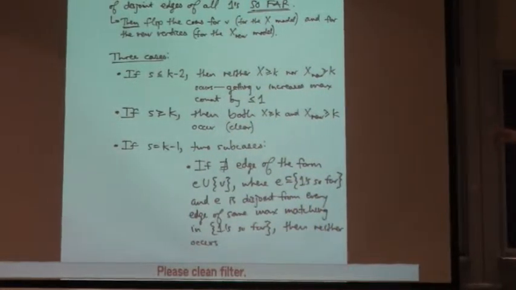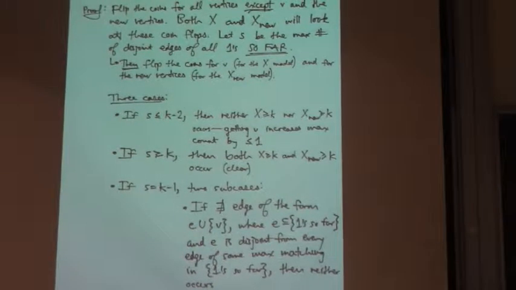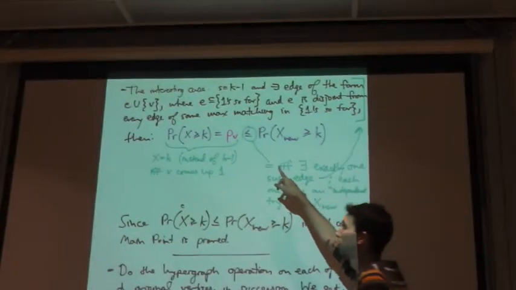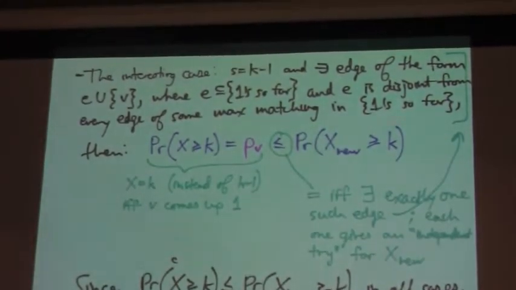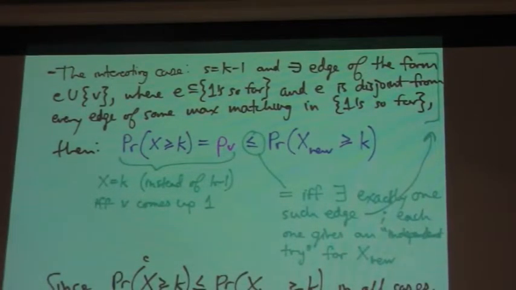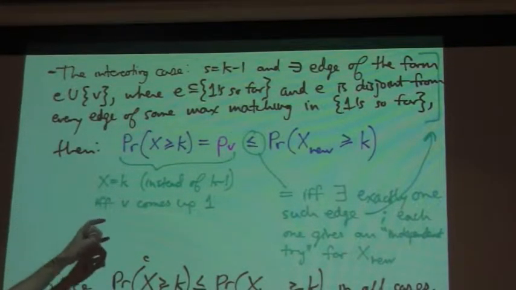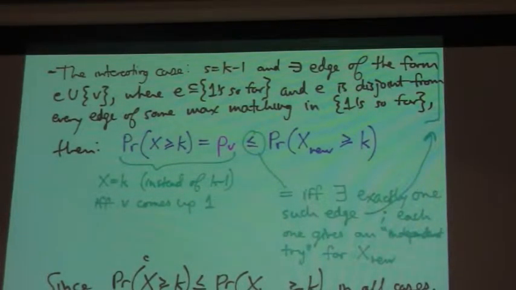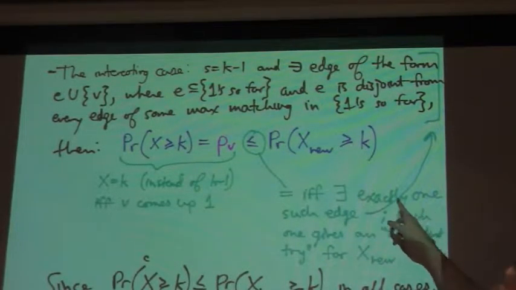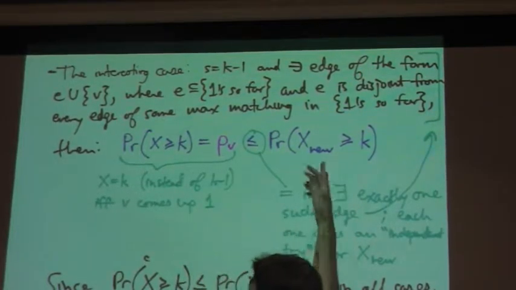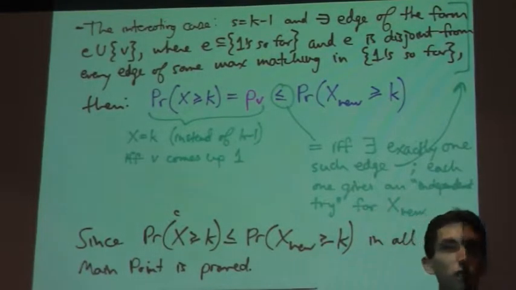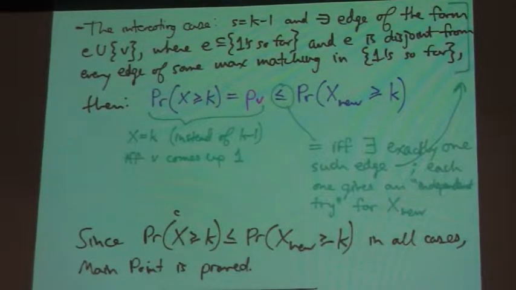Because we just said there has to be an edge like that in order to be able to add something in. Okay, so here's the interesting case. What if S is exactly k minus 1? So the matching is of size exactly k minus 1 so far, and there is an edge that we could possibly add in if the coin flip for V comes up heads. Well, then the probability that X increases is exactly PV. We just flip the coin for V, and if it comes up heads, then we increase the size of the